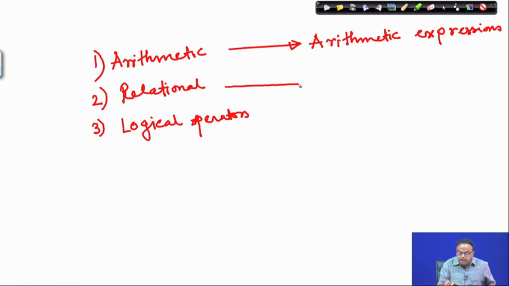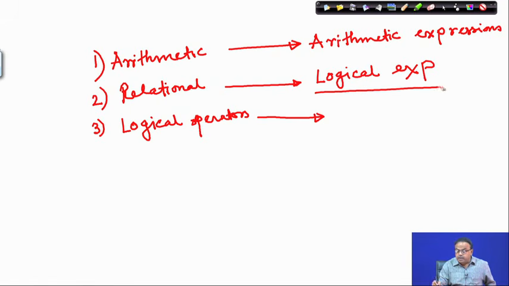The use of relational operators leads to logical expressions. Why logical expressions? They lead to a true or false value, right? And use of logical operators will combine them to get more complex logical expressions, or let me not write complex, let me write composite,